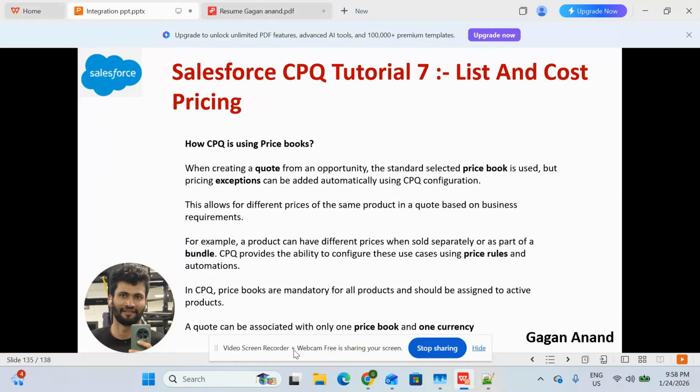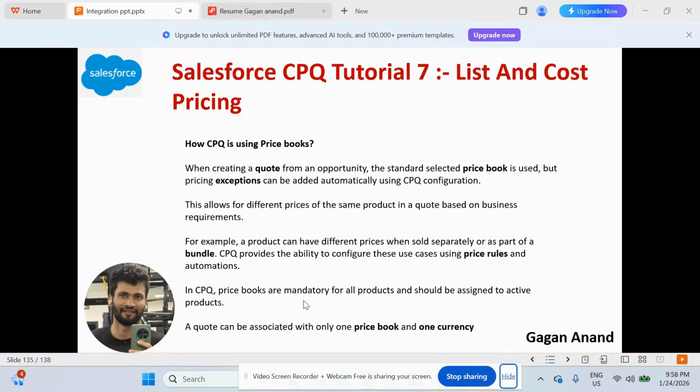You can create the bundle product. This is what you can do. As I told you, the price book is a mandatory thing. If the price book is not active and added to the product, then the product will not be visible on the quote line item. Another thing is that one quote can also be associated with only one price book and one currency. So if you go to the quote,